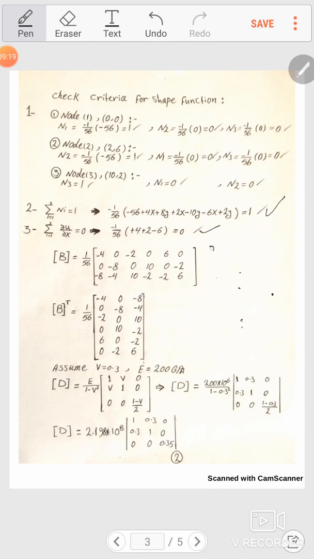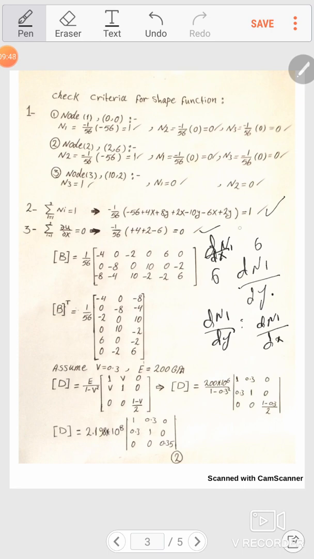For node number 1, dN1/dx and 0, then 0 and dN1/dy, and then dN1/dy and dN1/dx. I mean the derivative of node number 1 in the x direction. This is for node number 2, and so on for the other nodes. After that, you can find these values and make the transpose,